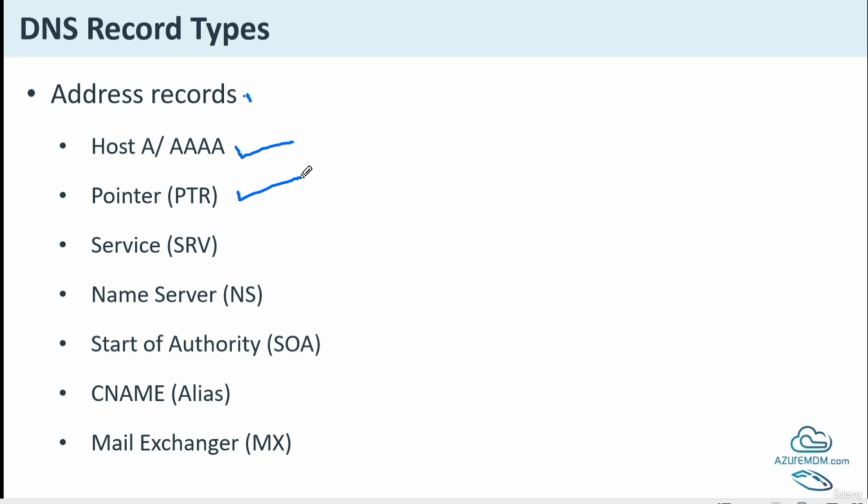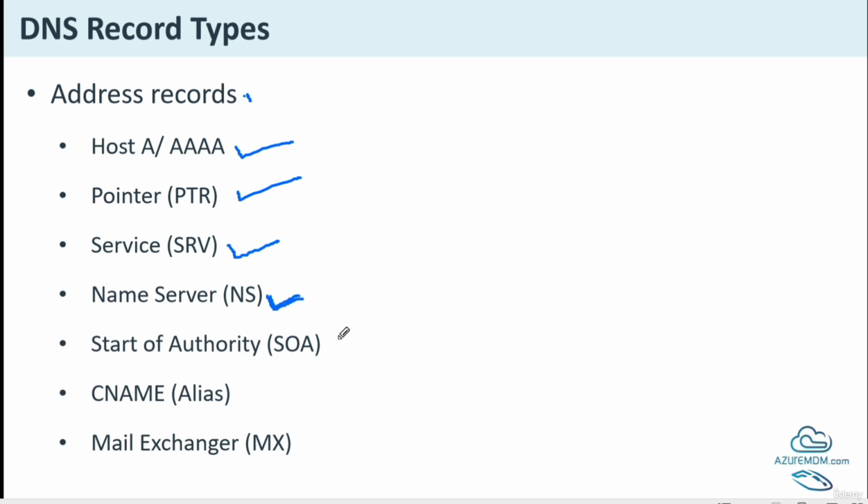for example, 192.0.2.1 goes to example.com, like an address name, a website address name. Service, SRV. It guides the service, for example VoIP, voice over internet protocol, or email, to the right server or port. Name server, NS. It lists the servers that manage a domain's DNS, for example,